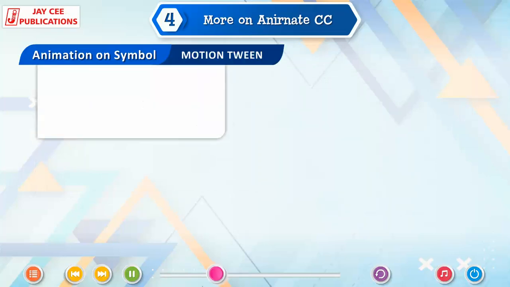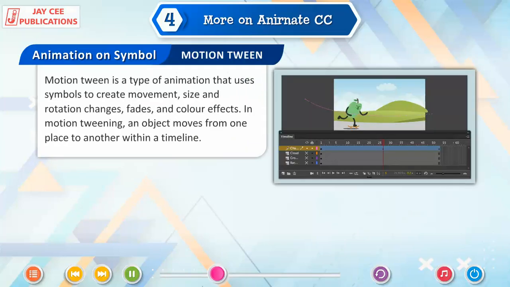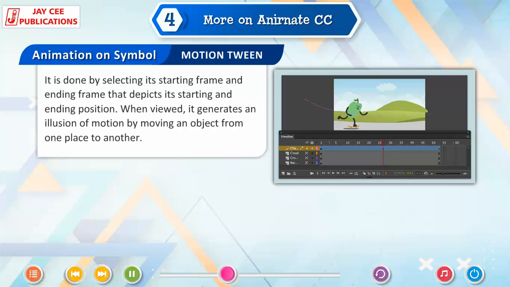Motion tween. Motion tween is a type of animation that uses symbols to create movement, size and rotation changes, fades and color effects. In motion tweening, an object moves from one place to another within a timeline. It is done by selecting its starting frame and ending frame that depicts its starting and ending position.